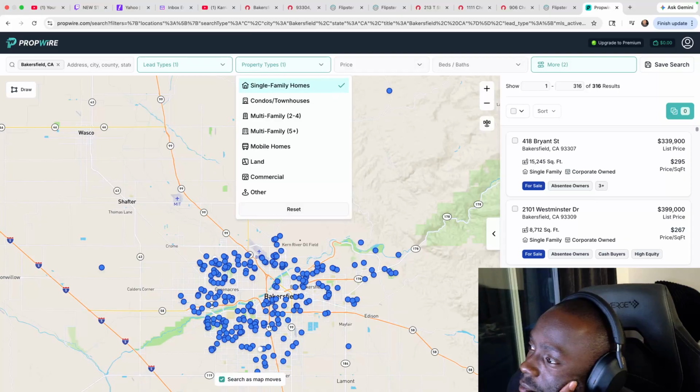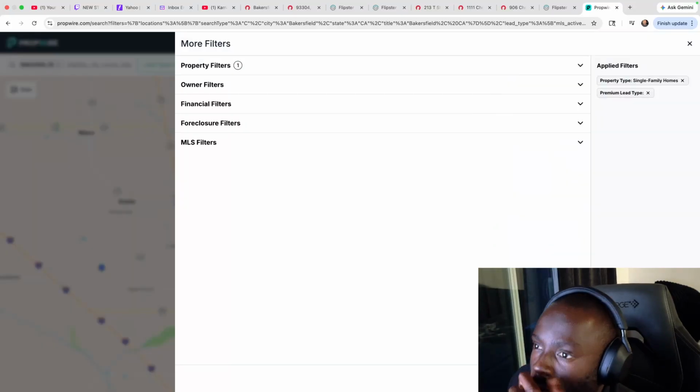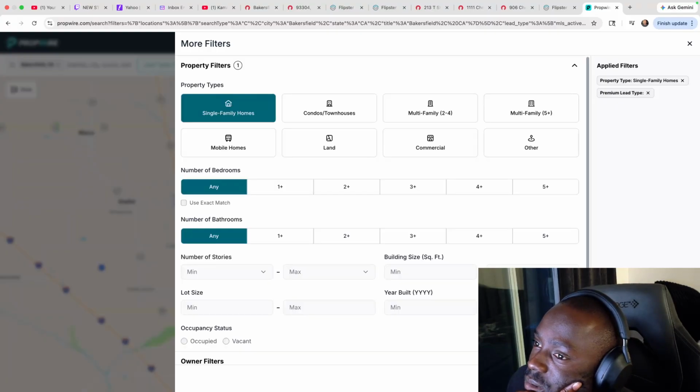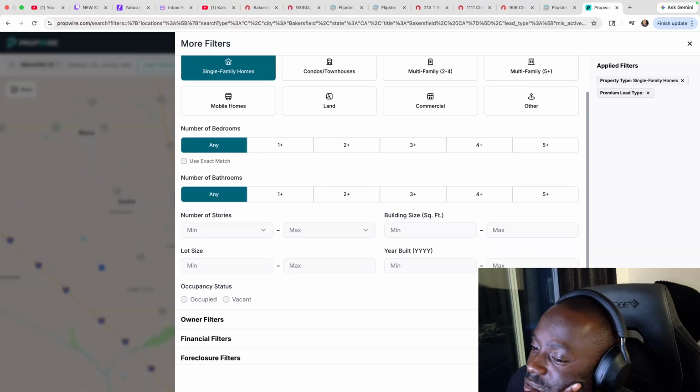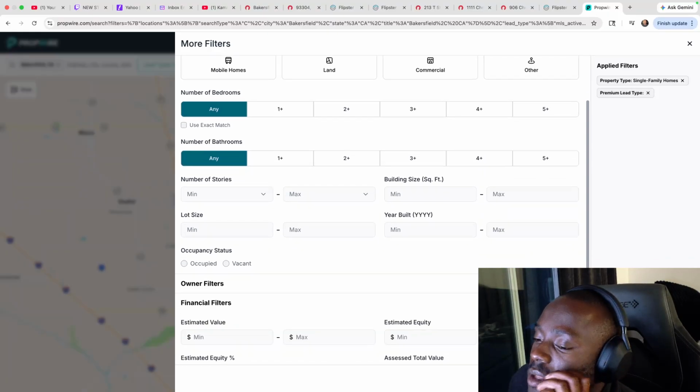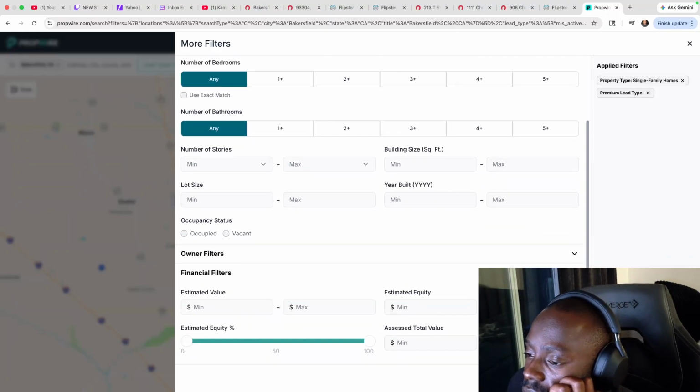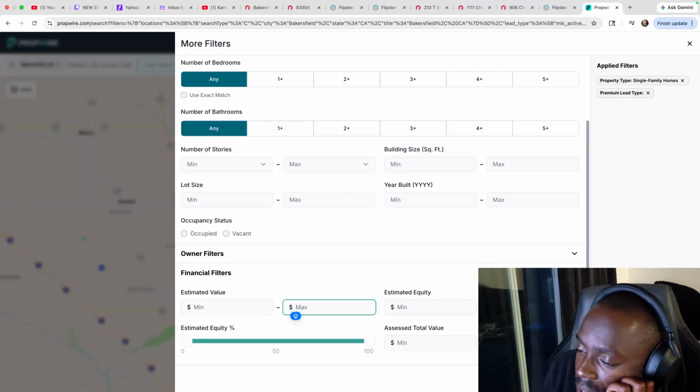And I want a specific price range. I don't want just any old homes. I want to be at a specific price range. So estimated value, I'm gonna put cap at 500,000.